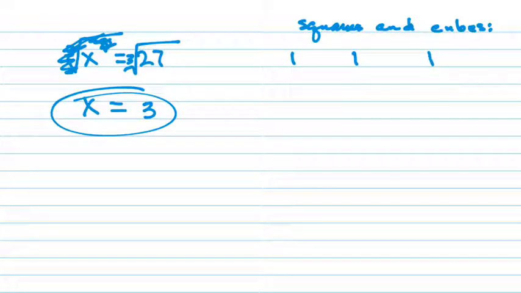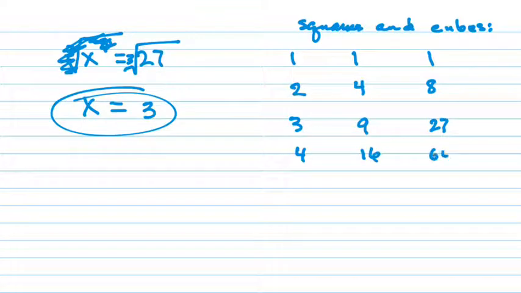Cube it, you still get 1. 1 is everything, right? 2 squared is 4, times another 2 gives you the cube of 8. Right? Do you see what I'm doing? 3 squared is 9, times another 3 is 27. 4 times 4 is 16, times another 4 is 64. Okay. 5 times 5 is 25, times another 5 is 125. 6 times 6 is 36, times another 6 is